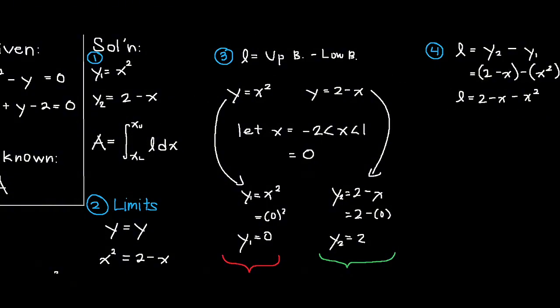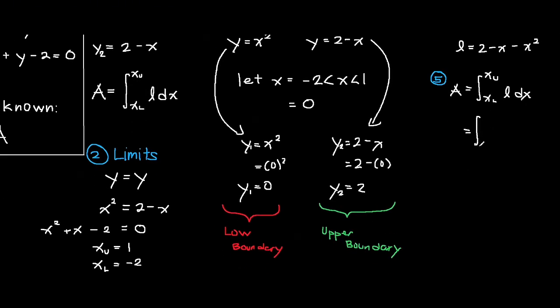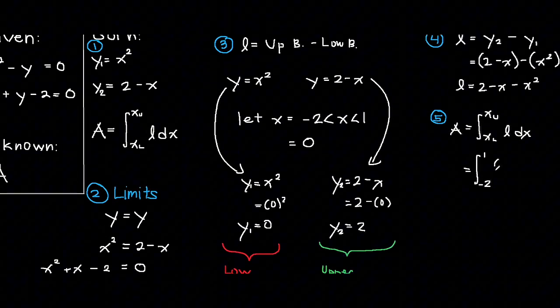So, step 5 na tayo. Mabilisan na to. Step 5. Punta ka na sa area. Always write the formula when solving before ka mag-substitute para hindi ka malito. So, we have the area. Area is equal to the integral with x as our lower limit, which is negative 2. Upper limit natin is 1. Yung L natin